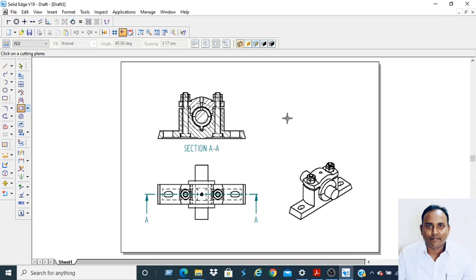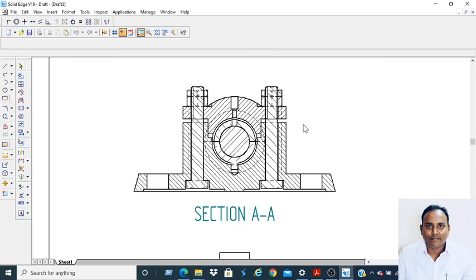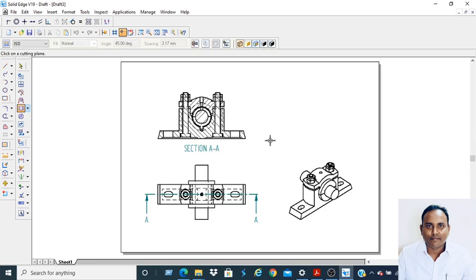isometric view. But you can observe in the sectional front view, it shows hatching for the bolt, nut and all. But as per the procedure, even though the material will be cut, we should not show hatching for shaft, bolt, nut, gear, rivets, rib stiffener, like that. For that we should go to properties and change the properties.